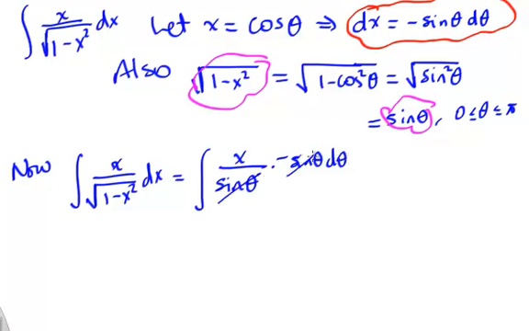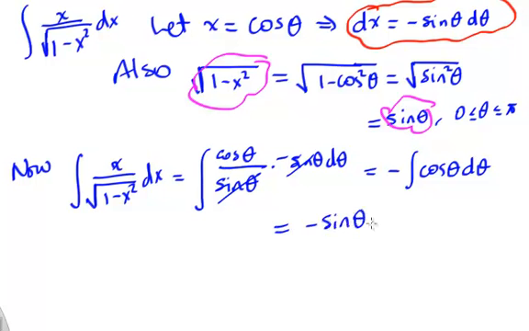So that cancels. Oh, I'm sorry. I didn't put cosine theta in for x. That was a big mistake. So I have cosine theta, and this is sine theta, dx is minus sine theta d theta, and so the sine theta cancels out. That gives us minus the integral of cosine theta d theta,